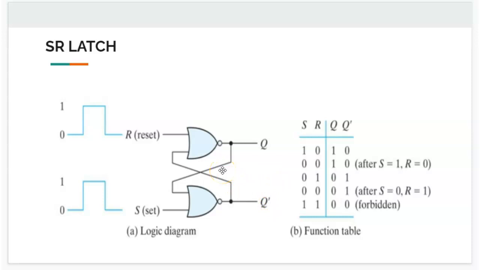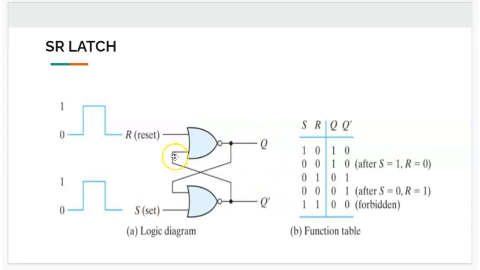So this is how you achieve it. This in turn feeds back into the second NOR gate, and this process keeps continuing. Unless you change the signal values, Q and Q dash will settle at 1 and 0 respectively. So what you have achieved here is a way of storing a bit in this circuit. Whenever you want to know the bit stored in Q, you can simply take a line and plug it to the output to see what is being stored. Unless you change the inputs, this will continue to remain at 1 and 0 respectively.